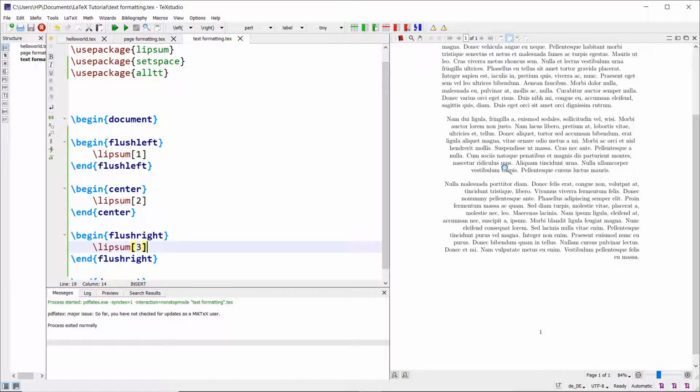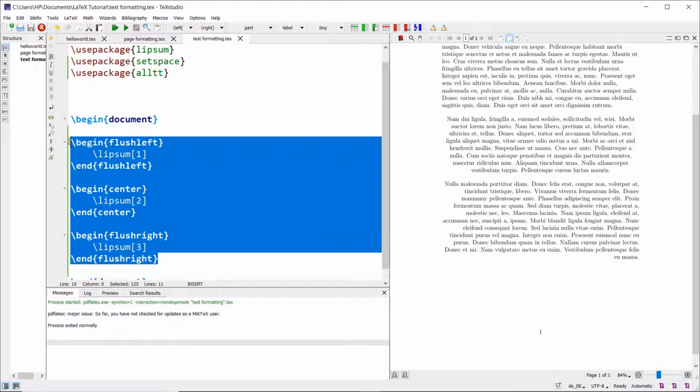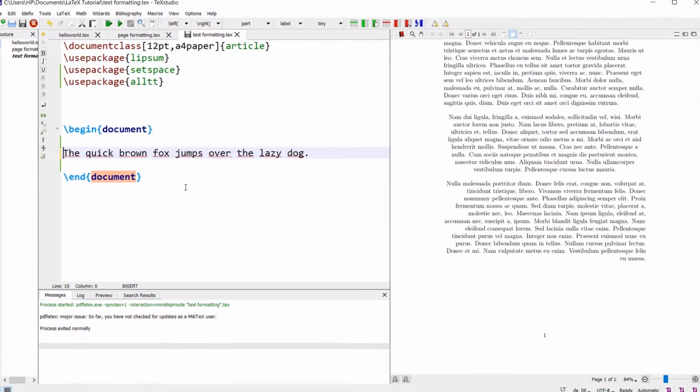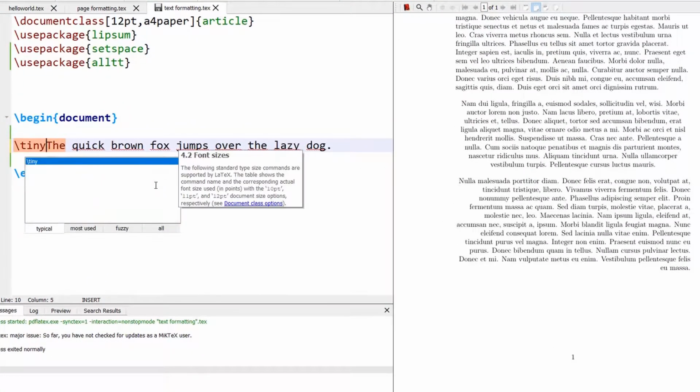Now, having already seen the various font types available in LaTeX by default, we will now quickly have a look into various font sizes that are possible by default in LaTeX. In fact, there are 10 font sizes which come built-in and have their respective commands. Let us have a look into each one of them and see how the font size varies across each of the commands. We'll again use the previous sentence, the quick brown fox jumps over the lazy dog, to demonstrate the various font sizes. The first font size is tiny.